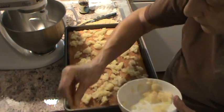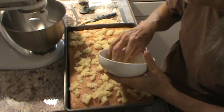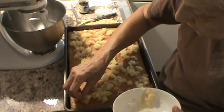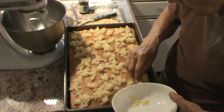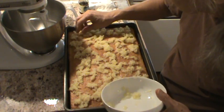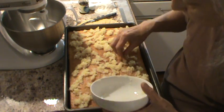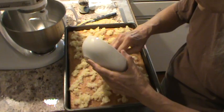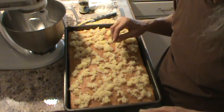Spread that out as even as you can. Right to the edge. All right, so we're going to set this cake aside, let it cool a bit more while we're making the icing. Now, we'll be back in just a minute because I've got to melt